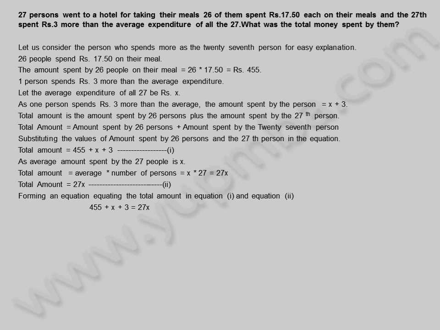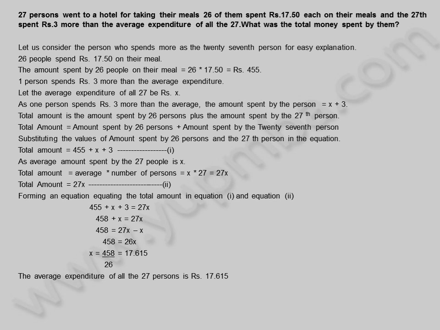455 plus X plus 3 is equal to 27X. 458 plus X is equal to 27X. 458 is equal to 27X minus X. 458 is equal to 26X. X is equal to 458 by 26, is equal to 17.615. The average expenditure of all the 27 persons is